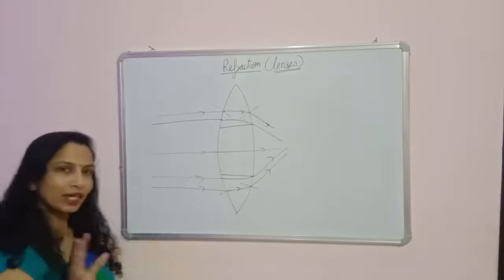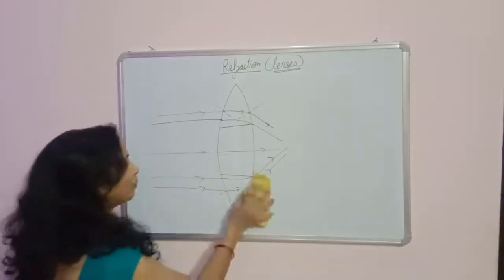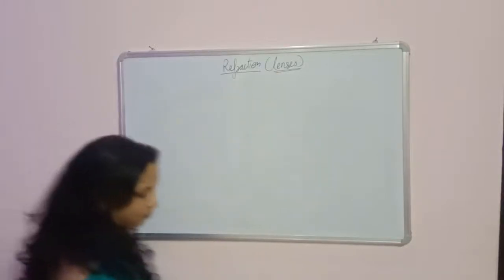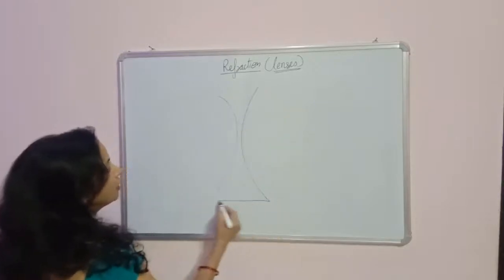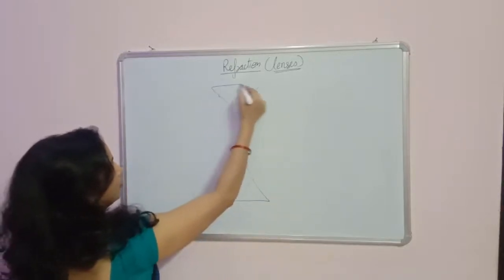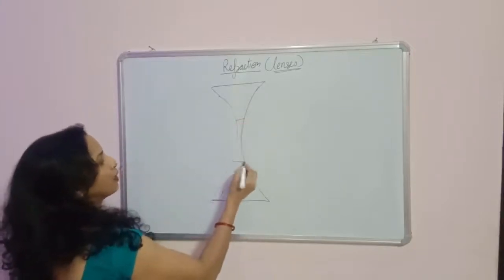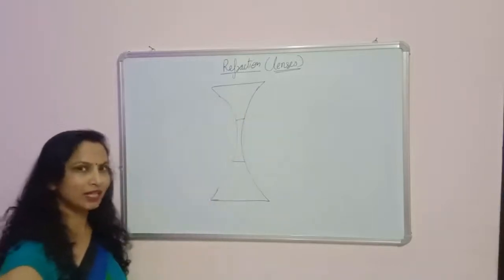Now, I think you can understand why this lens behaves like a converging lens. I am going to explain the diverging lens, that is the concave lens. A concave lens is like this, thin from the middle and thicker from the edges. Now I am going to divide it into three different parts like this. This is an inverted prism and the middle part is like a slab.